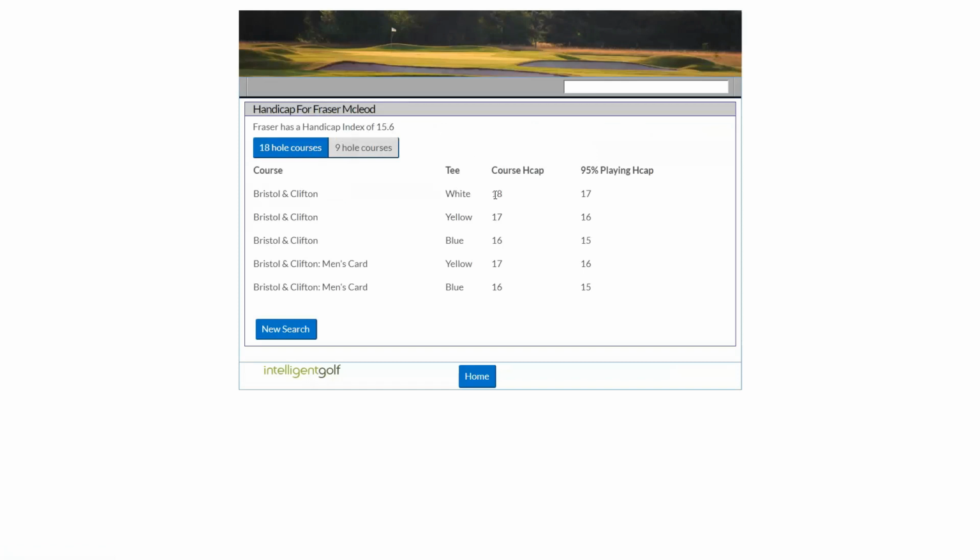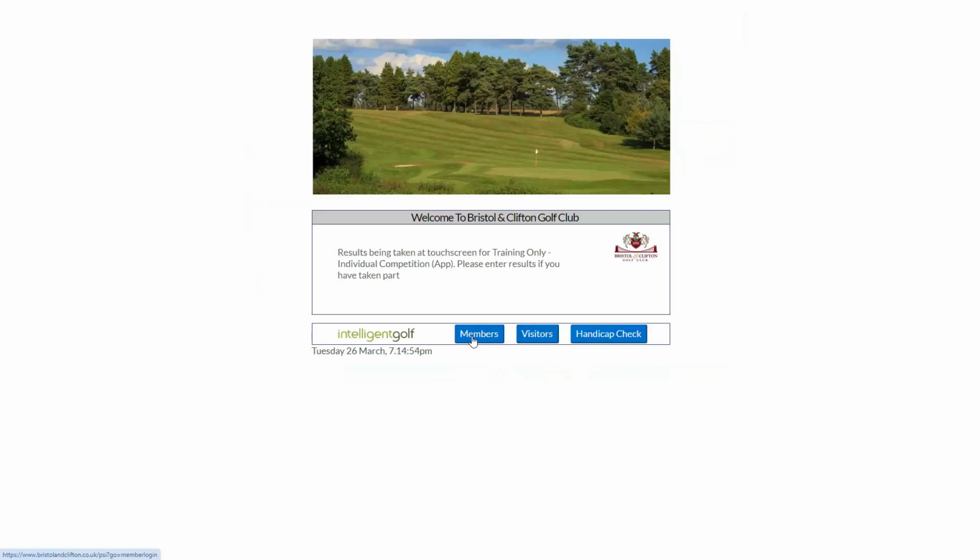Playing off 15.6 would get 18 shots off the white tee, 17 shots off the yellow if it was an individual comp. Again, this number might change from the 1st of April, but the technique of looking it up doesn't. Okay, second demo, and I think this is the best demo, is then